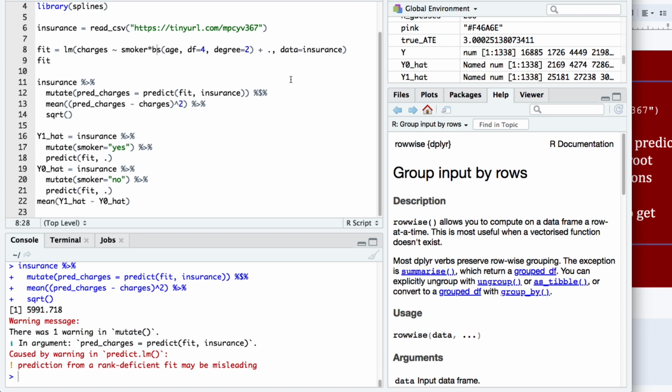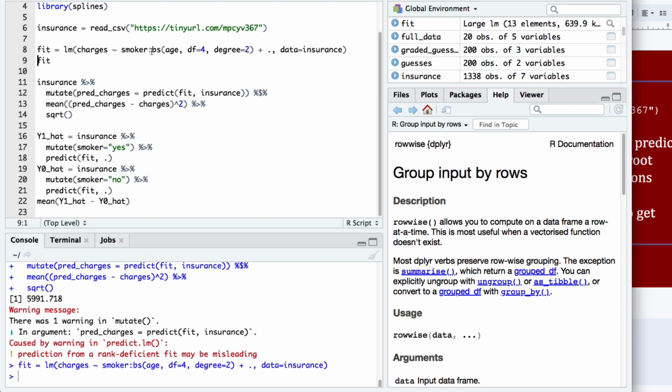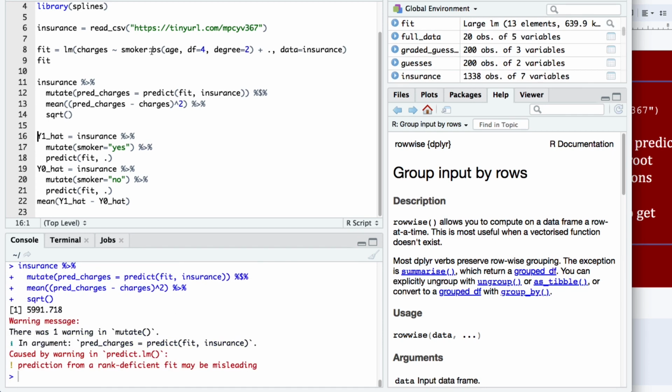And that normally happens when you have more predictors than you have data points. But in this case, we shouldn't have that, so I'm not totally sure why that is happening. Maybe if I use this little colon or something instead. No, same thing. But anyways,